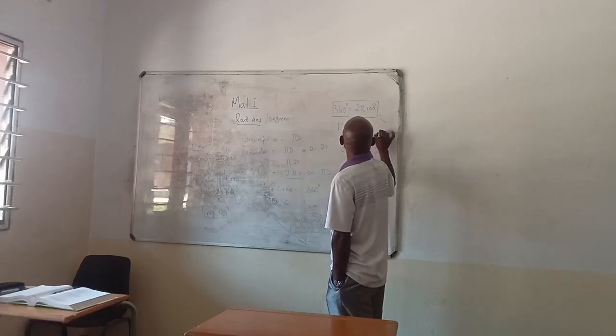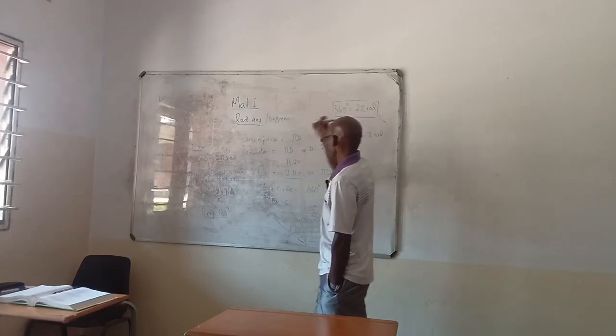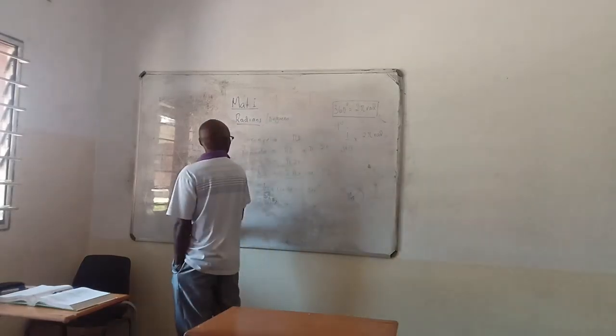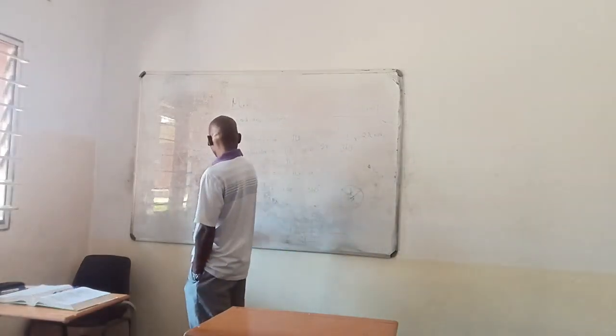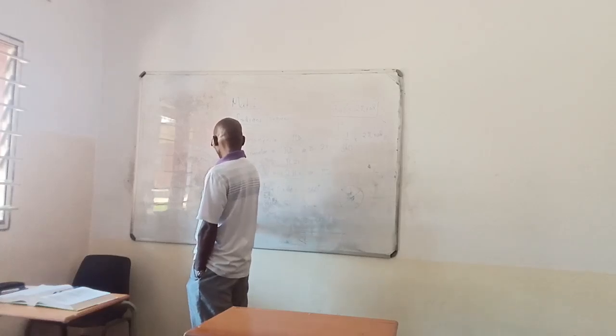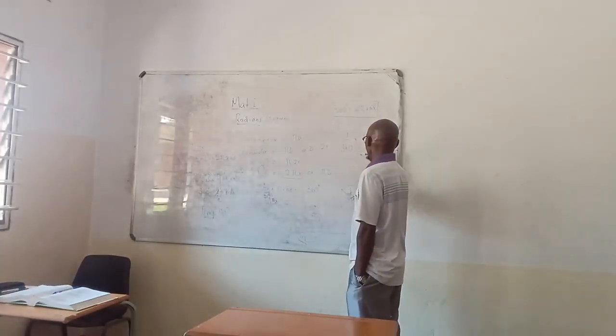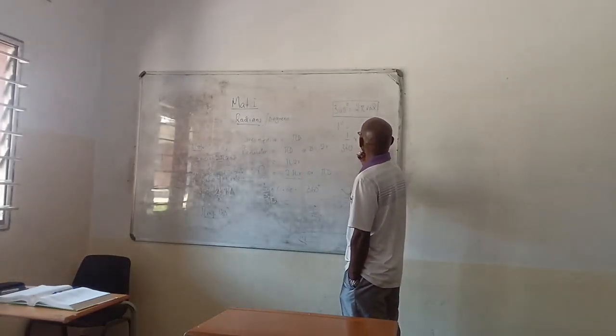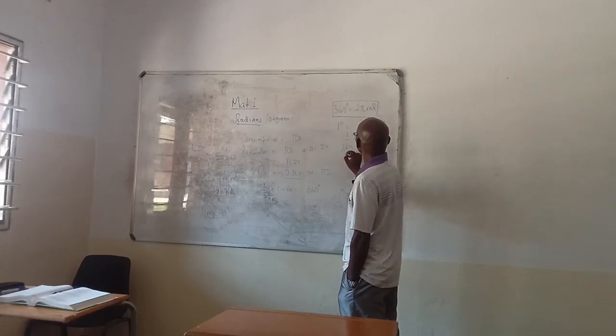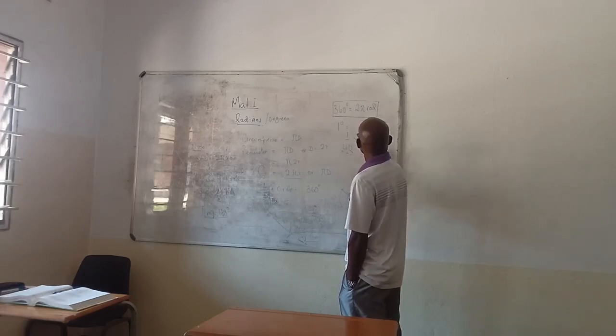Or you can take this one: if 180 is equal to pi rad, what about 1 degree? You can work it like that. If this is the case, then this is 180. Therefore, 1 degree is equivalent to,